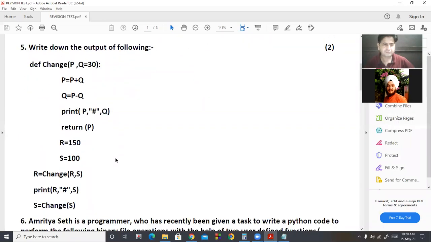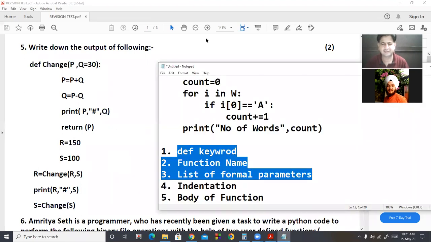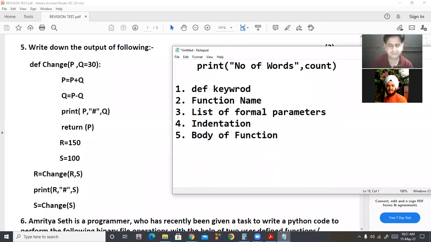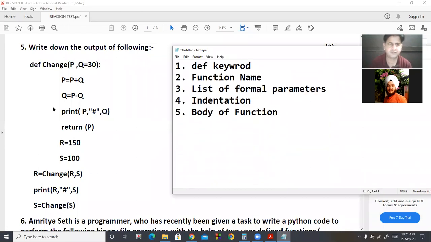Next is there is an output question, a program in which function is used. So I am going to discuss that. So look at here.